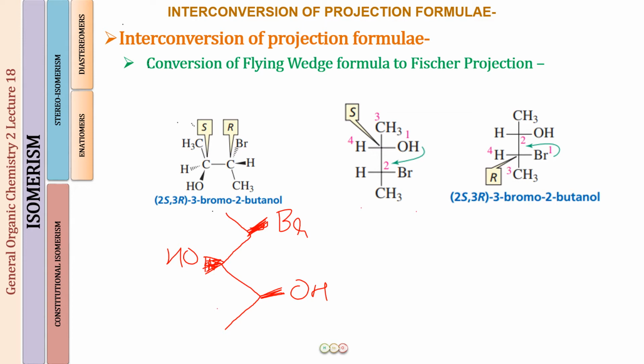And how are you going to do it? First of all, you are going to fill all the valencies of the carbon. So when you do that, this is going to be a CH3. At the end also it is going to be a CH3. And here now, this is what I will be having, a hydrogen, a hydrogen, a hydrogen. Okay.